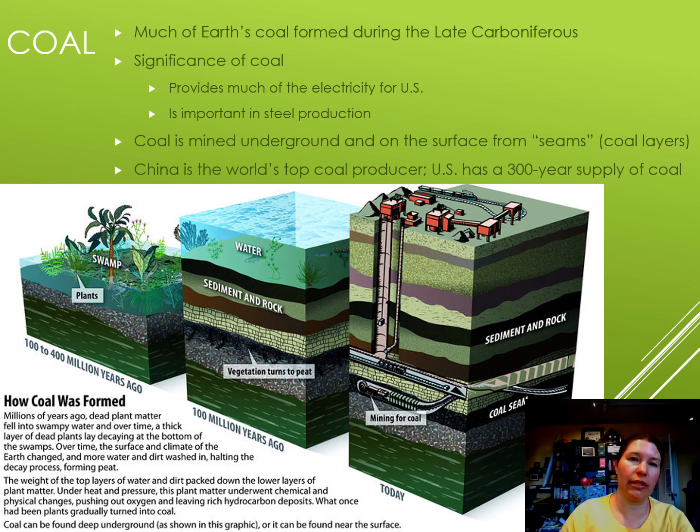And as those trees die and fall down and break down and squish together, like what's happening over here, there's some heat going on. So the vegetation turns into peat, which is still very woody. If you found peat, there's all sorts of plant material in it. But then over a period of time with more heat, it will squish even further and turn into coal. And there are definitely different grades of coal too, based on how much heat and how much pressure that material had undergone.